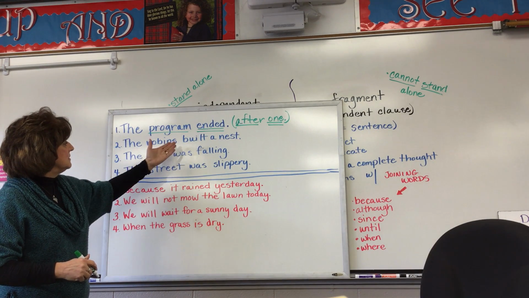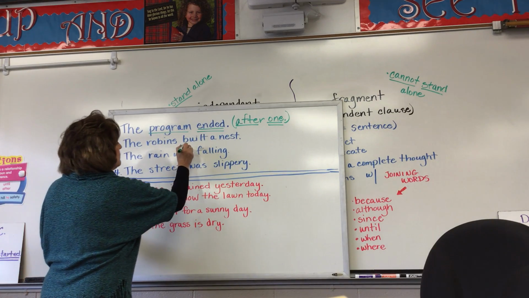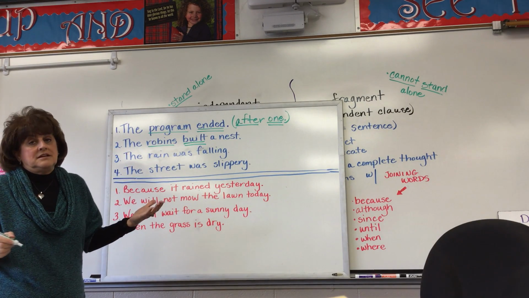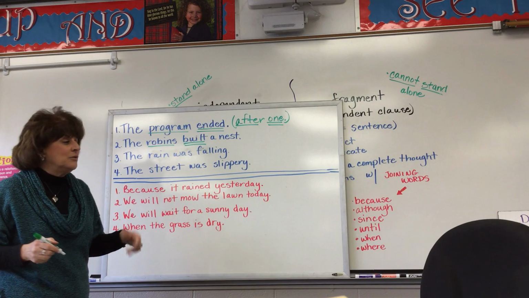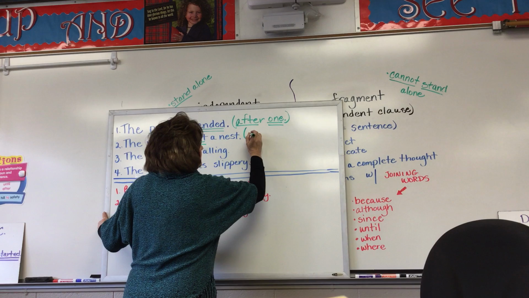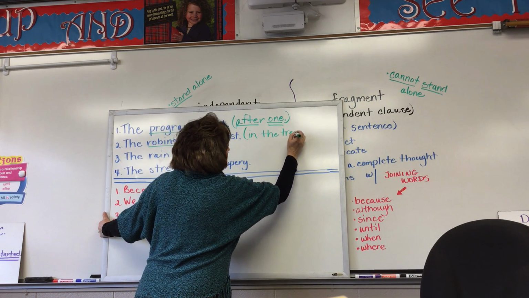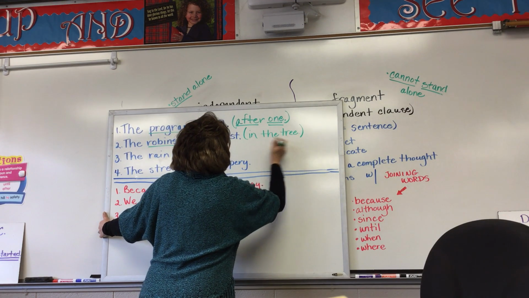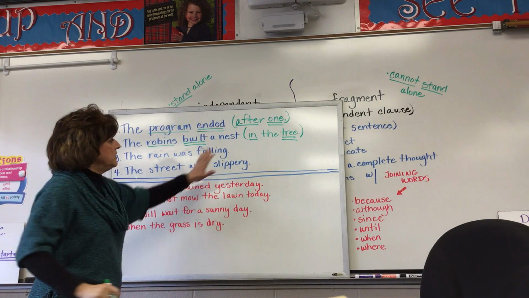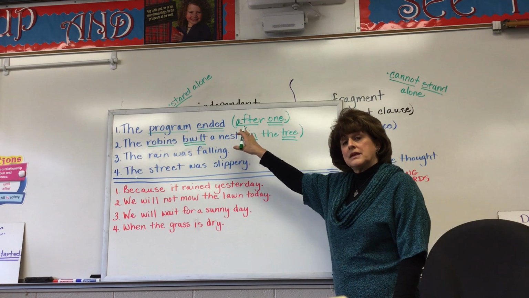The robins built a nest. It's a fine sentence. It's got a verb, built. It's got a subject, robins. They built a nest. That's great, a complete thought. But in order to make it better, we could say perhaps the robins built a nest maybe in the tree. That would help it to be more descriptive and to be a better sentence. When you add on, you're actually adding to the sentence,